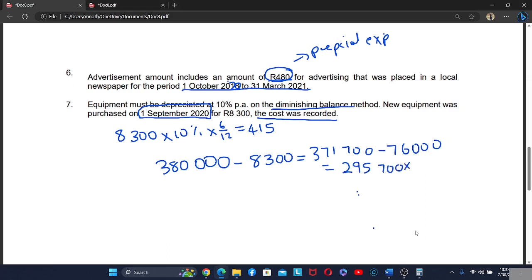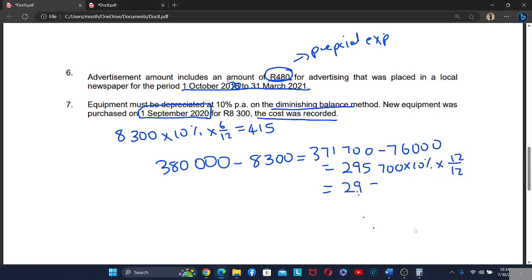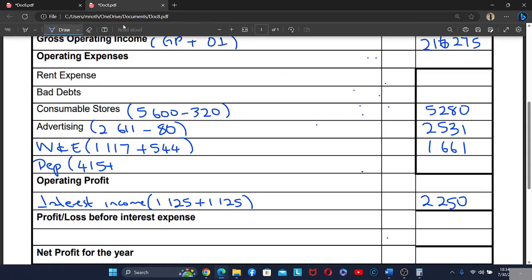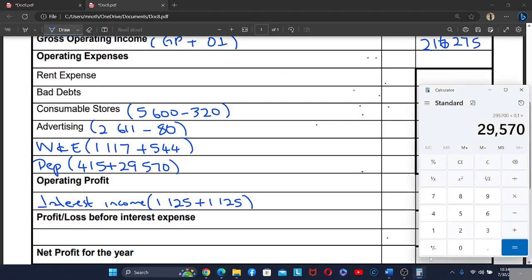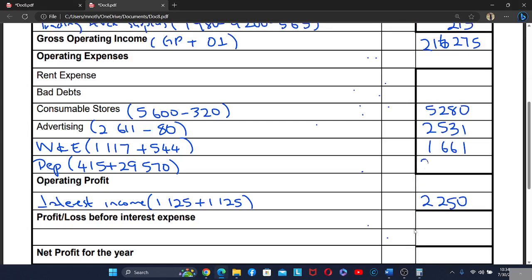So multiply by 10%, multiply by 12/12 because this equipment was there in the business at the beginning of the year. So how much is that? 29,570. This is the depreciation for the old equipment, 29,570. So adding 415, it is going to be 29,985. Okay, now